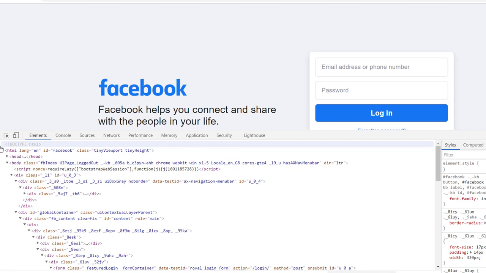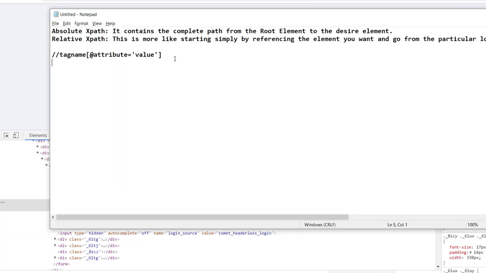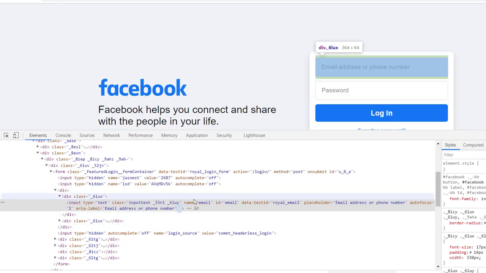Let me show you. So we need to find the XPath of this email field. So basically this is the input tag. Okay, so let me create the XPath for it: double slash, then we have the input tag, and after it we need